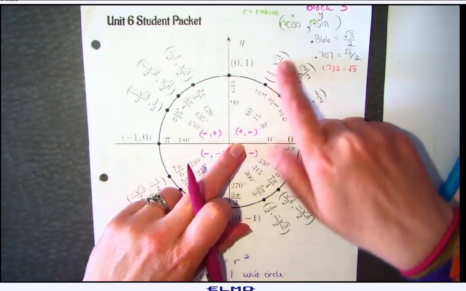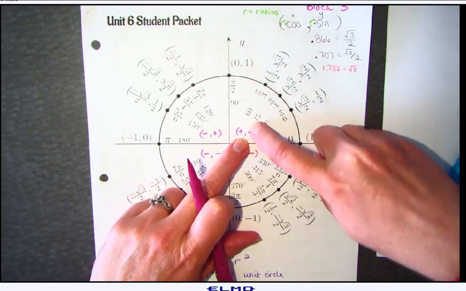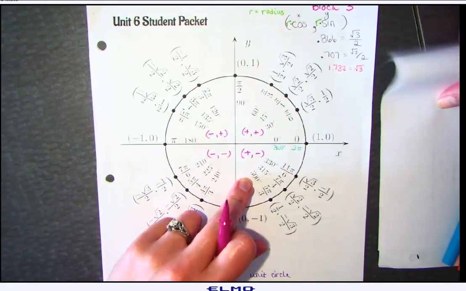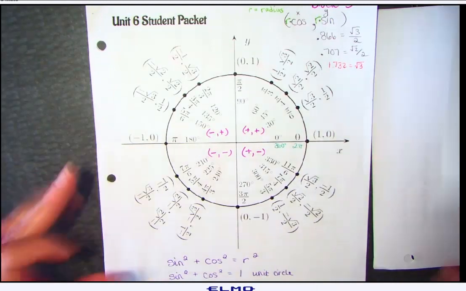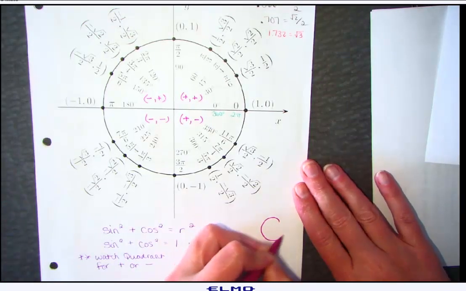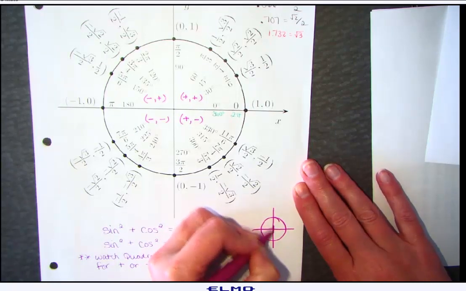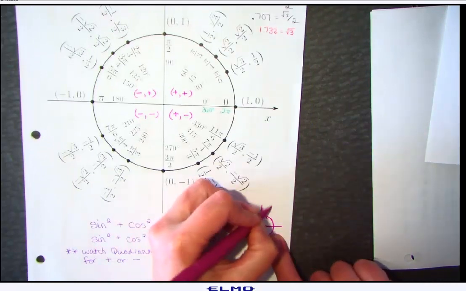They are telling us that cosine is our x, and it's positive in the first quadrant and in the fourth quadrant. Now, I don't think I said this in our class. I know I said it in the other one. There is a nifty reminder about which ones are positive in which quadrants. So this big old positive sign right here in the middle. See that big old plus, positive? And we talk about